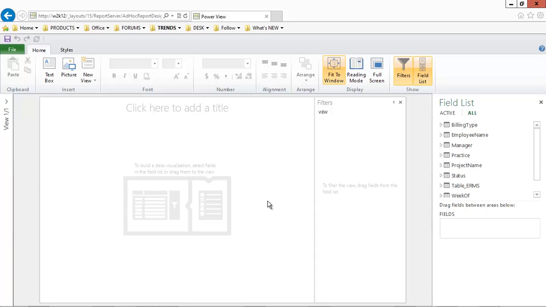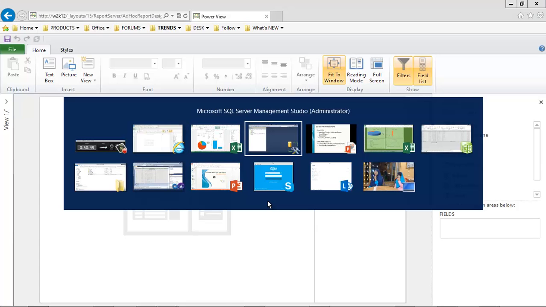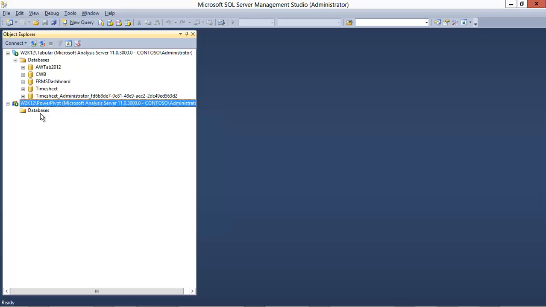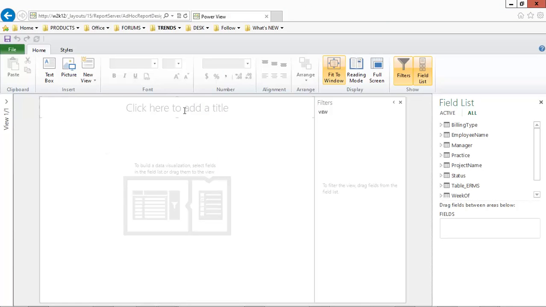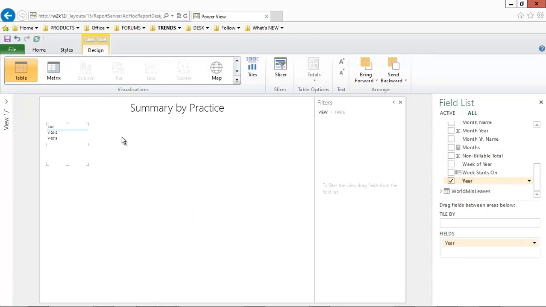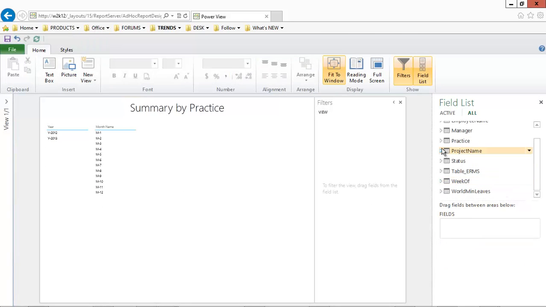Let's quickly switch to SQL Management Studio, and this is the instance of Power Pivot that is used for SharePoint. Let me refresh. This time when we look here, it created one working instance of the database that it is using for our report development activity or report rendering that we'll subsequently do. We want to create a report which is a summary by practice. Let's get year. Let's get a month name, practice name,